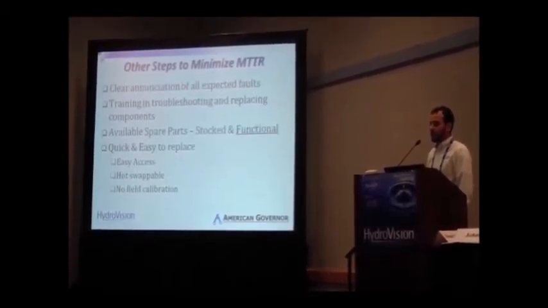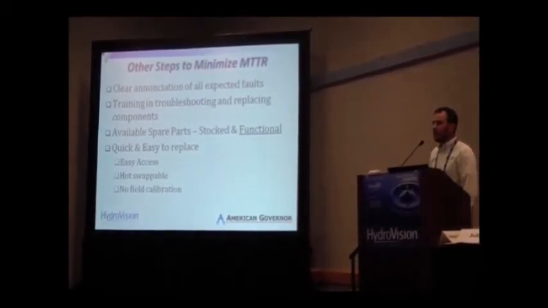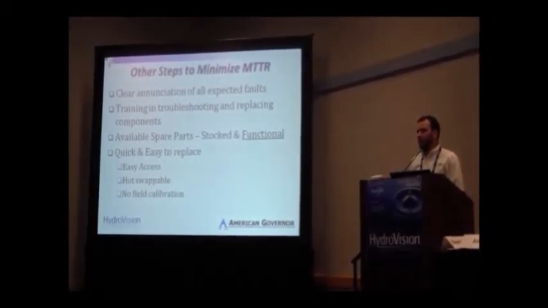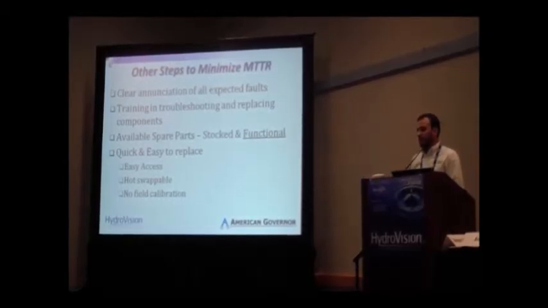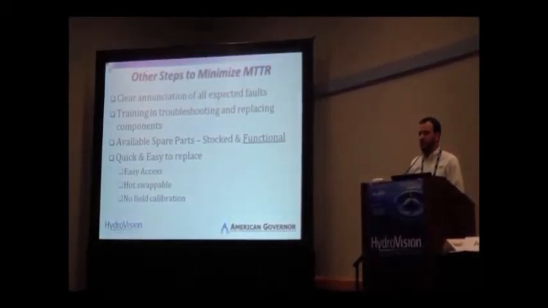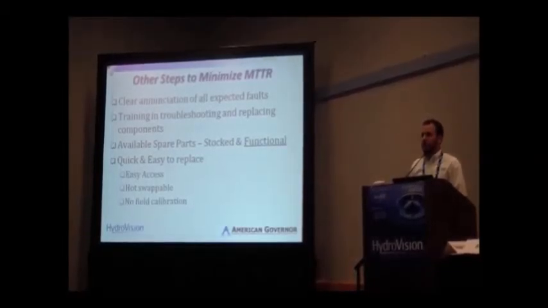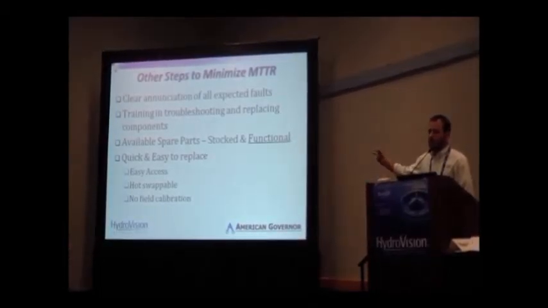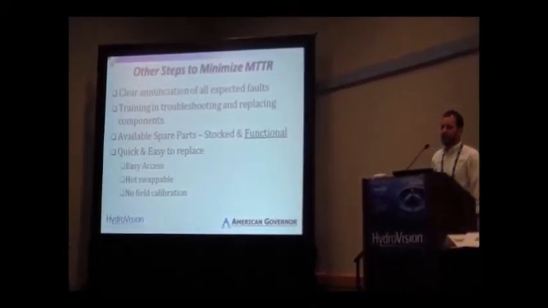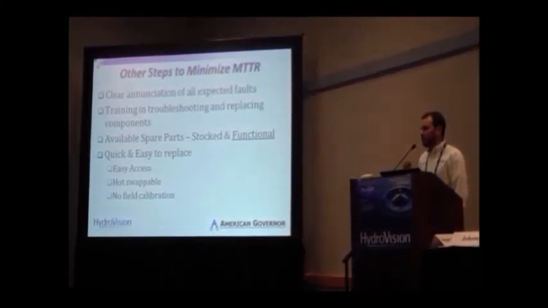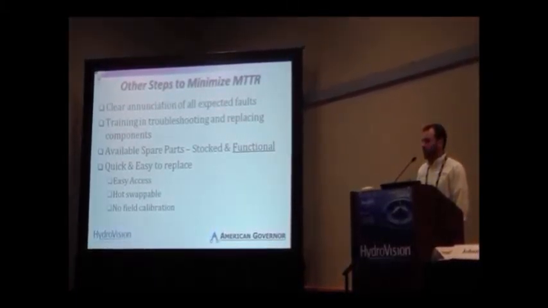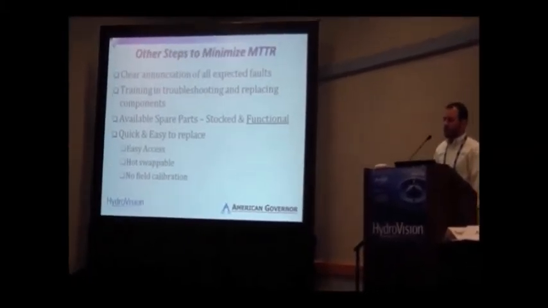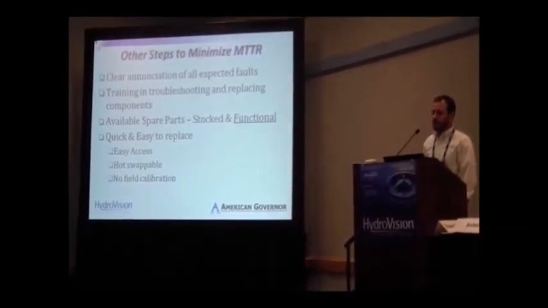So when equipment does fail, how can you minimize the amount of time it takes to repair it? One of the biggest advantages of modern control equipment is its annunciation power. If you had a mechanical governor and a cable stretch put it out of calibration, you're not going to know about it. A modern governor will annunciate that immediately, sending an alarm not only to the local operator, but into your SCADA and into your asset management system, whatever you're running. So with clear annunciation, you can quickly identify the exact cause of the problem, if that's set up properly. And then obviously training of the staff, the troubleshooting and replacing components practices.